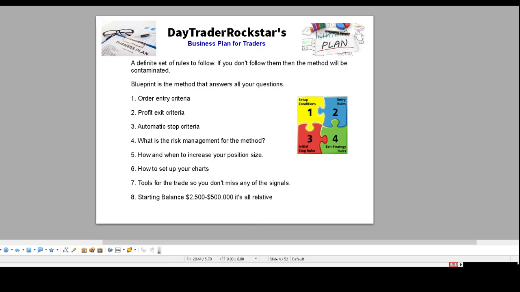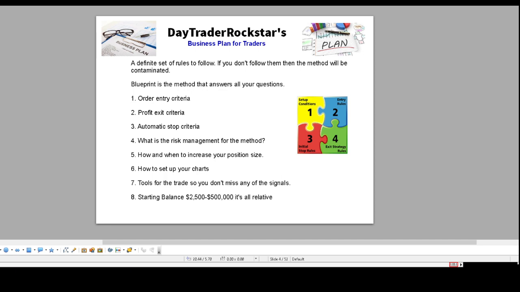Now, after you determine that this type of trading fits your style and your lifestyle, and you want to try it, here is the business plan for traders. The business plan is basically, like I just said, a set of rules that defines everything you need to know for trading. It puts you in a box that you can't fall out of, or mess up by going outside the important path you need to take to make money in this market. Because of course, the famous saying: if it was easy, everyone would be doing it. Well, 99% of the people do fail, because they're not patient and they're not disciplined.